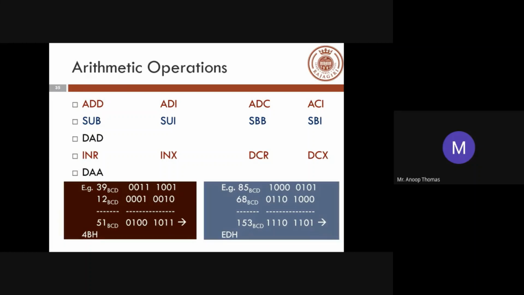Okay, so as you can see, this is how the instructions work. I think DAD is used for BCD addition, so this is how the DAD works, when you already know what BCD addition is. I do not specify more about BCD because you need to add sixes along with your number in order for the operation to be performed. If it's over 9, you will have to add sixes. That process is something you have to go back and understand. That is assisted by the usage of these kinds of instructions. Okay.